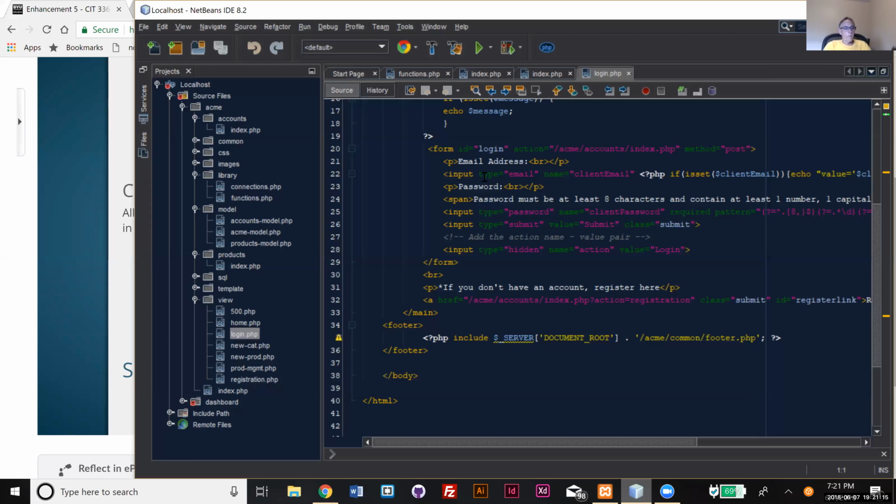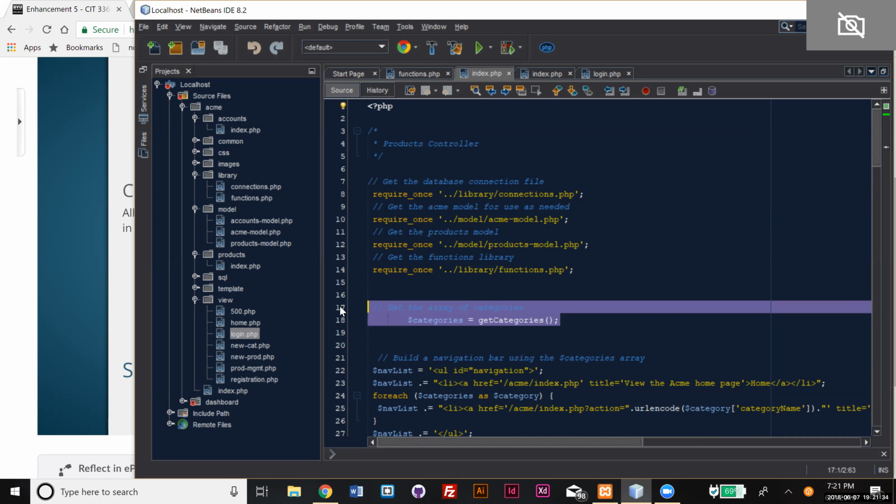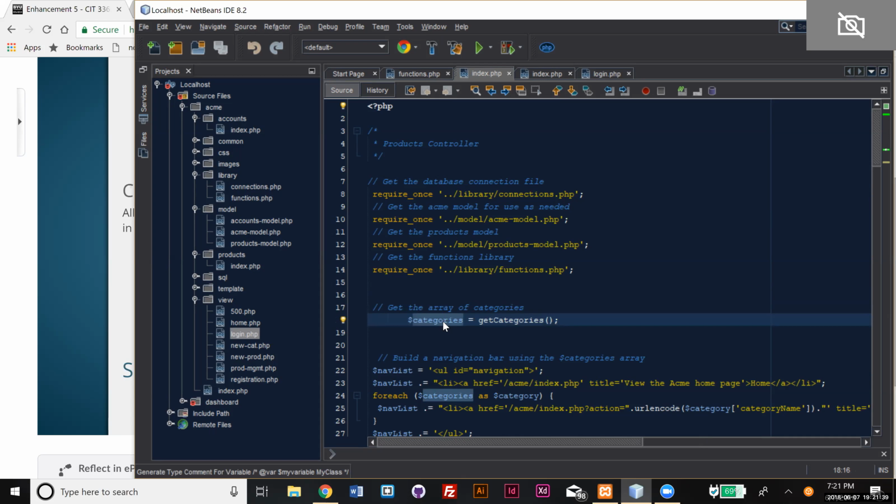All right, I can go to my controller. I kind of figured what I would do would be to first connect to the Acme model and then call this function and do this line of code right here to get the correct variable to send. Very good. Oh, okay, good. You're absolutely right,